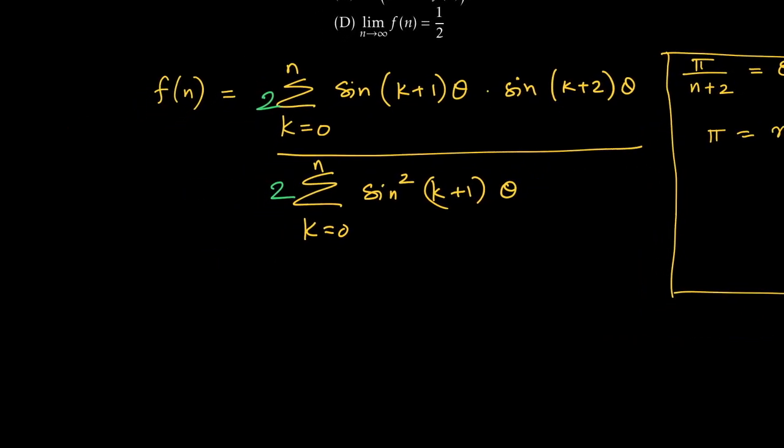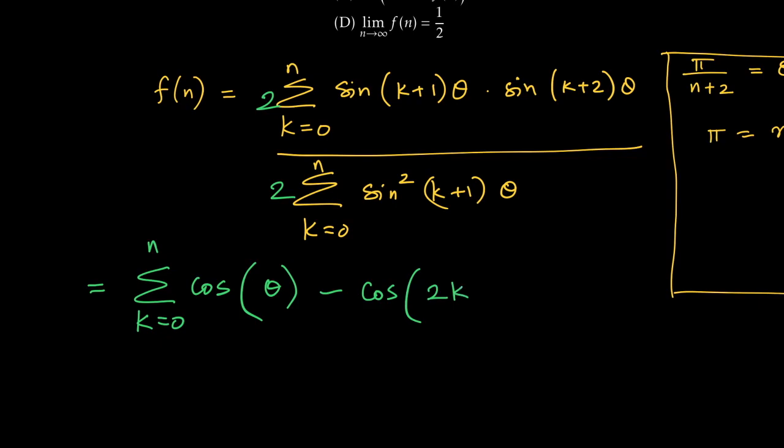So the numerator will be sigma k is equal to 0 to n of cos theta minus cos of 2k plus 3 times theta,